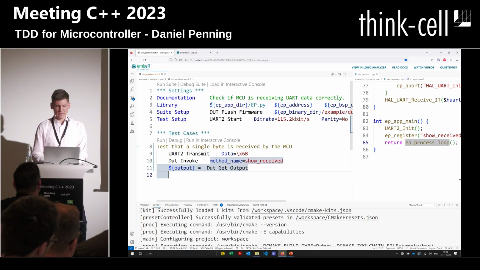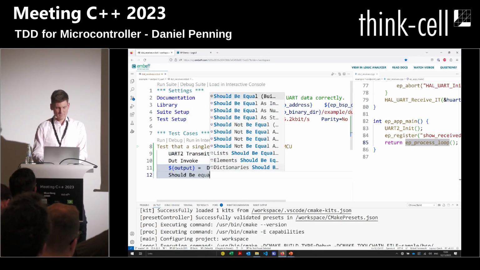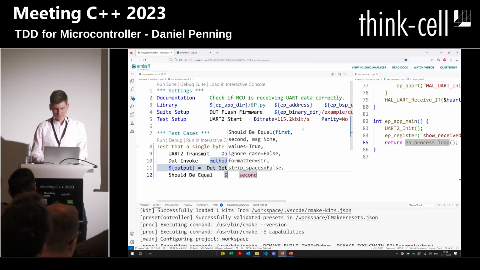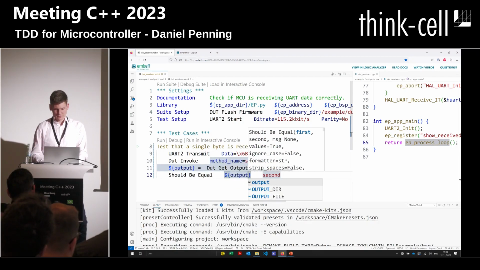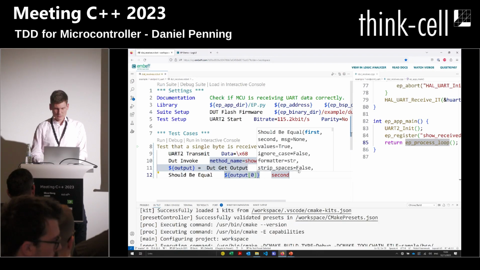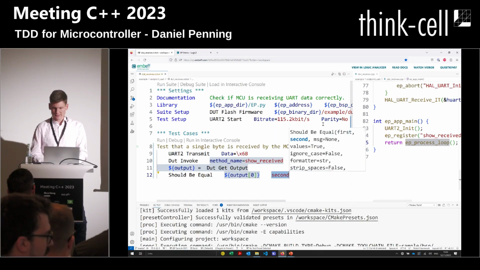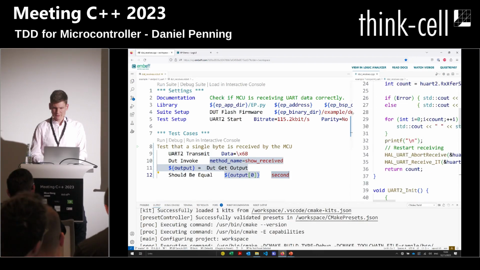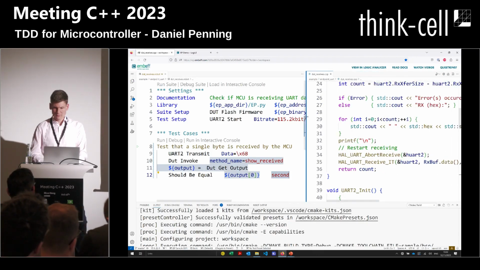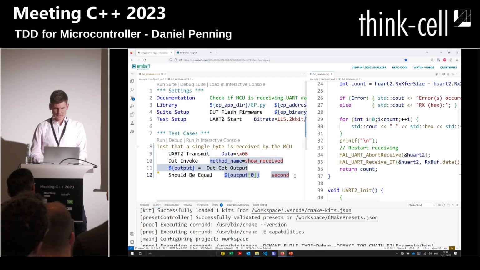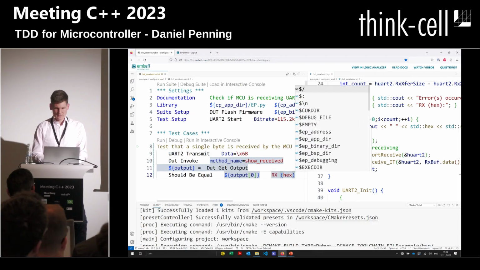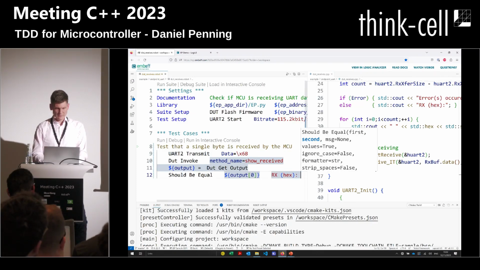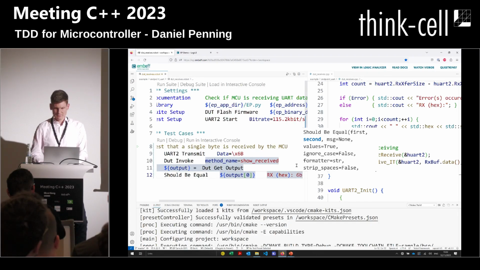And then we can do our assert. Like in a unit test, we can say should be equal. And we take the first line of our output. And now we need to compare it against the output of the show received function. So Rx hex, and then the actual value should be 6B.